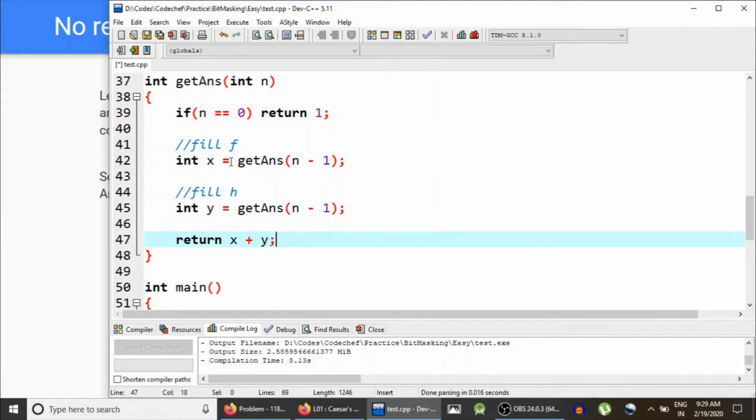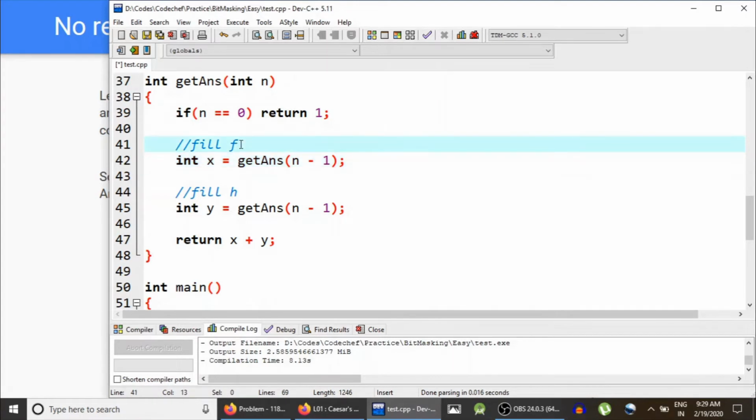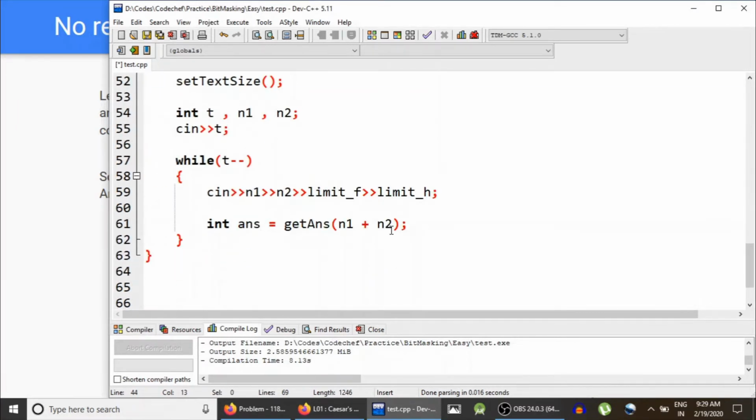Now you can see that x and y are both actually getAnswer n minus 1. So we could have returned 2 times x. That is perfectly fine, but I'm writing it this way so that we know this place we have filled with f and this place we have filled with h. Now if you print the answer,